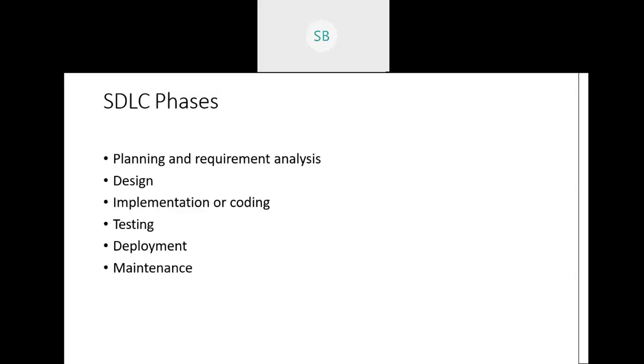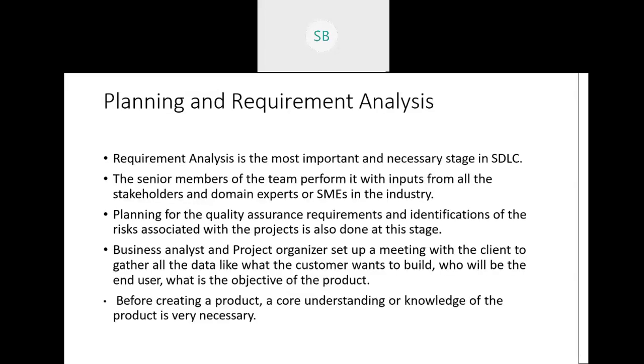Planning and requirement analysis. You can also find it on Google, the SDLC phases can have different names. This may be requirement gathering also, so don't get confused with the name. It may be planning, requirement analysis or requirement gathering, any name can be here. Here it is written design, it may be named system design also. Don't get confused. If you write system design also, I or any teacher will give you marks. Next, implementation or coding, testing, deployment and maintenance. So let's see one by one.